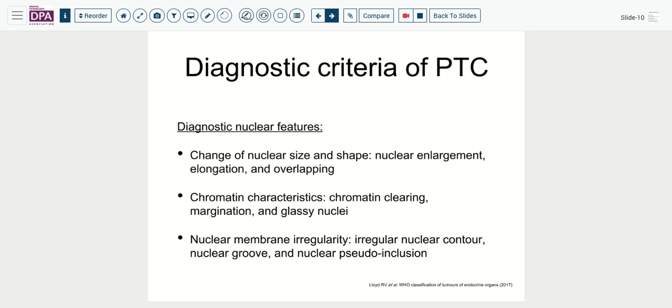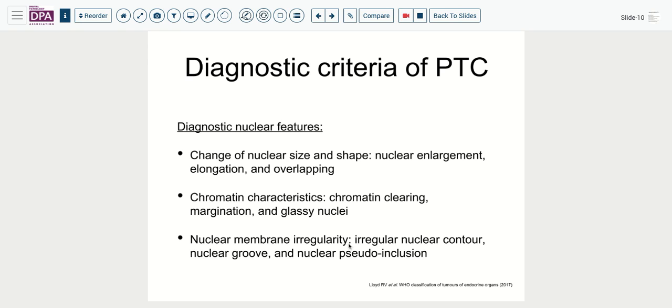So how do we make the diagnosis? Well, this is an important thing to understand, that with papillary carcinoma, it's the nucleus that matters. And the features we're looking for in the nucleus are some enlargement and irregularity of shape. A lot of overlapping results from that, bumping up against each other and taking up one another's space. The chromatin tends to be centrally cleared, somewhat marginated, and when identified under H&E staining, routine fixation, it can sometimes have a glassy appearance. The nuclear membranes likewise have